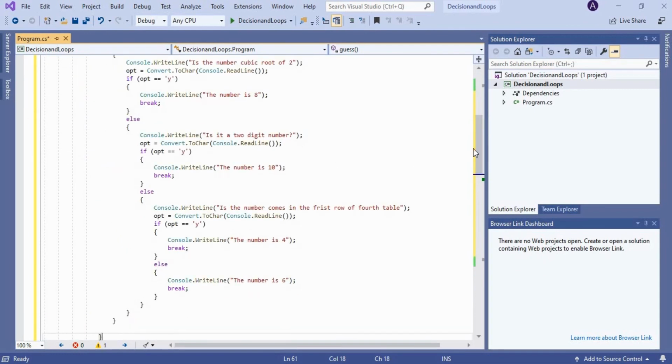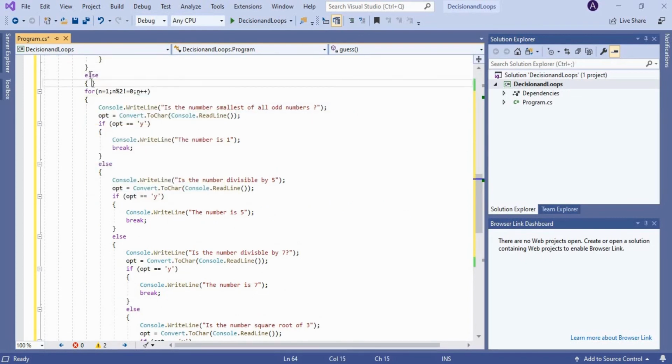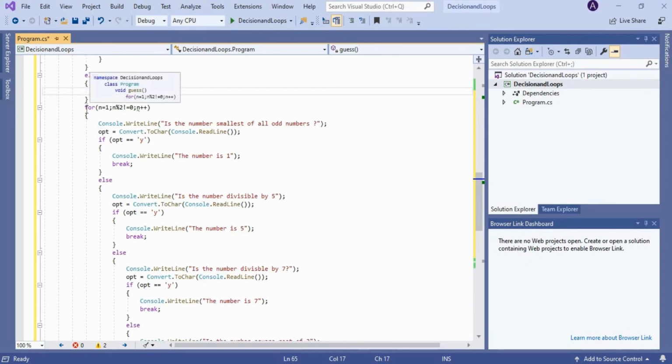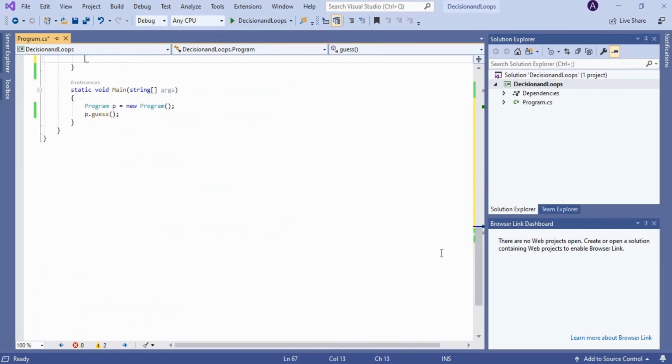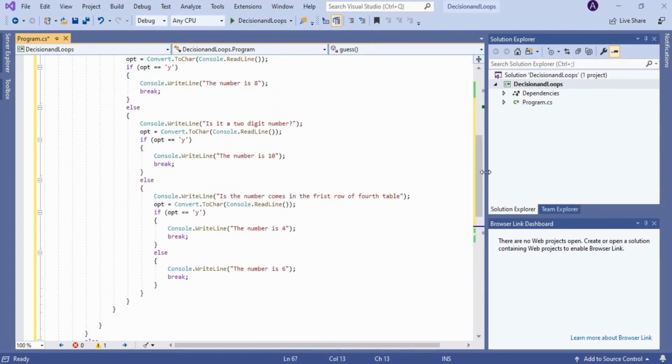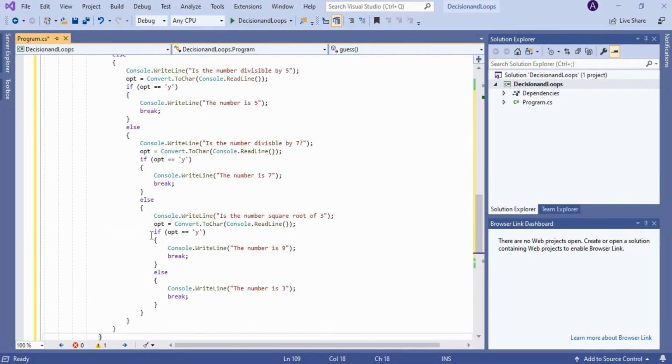So we have pasted that. Similarly, if this particular if condition goes false, we can execute the logic for odd numbers, right? So we can have it here. We can just cut and paste the for loop logic of finding the odd number inside this particular else block, right? So now we can save our program and run it.